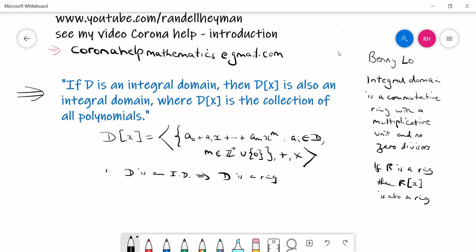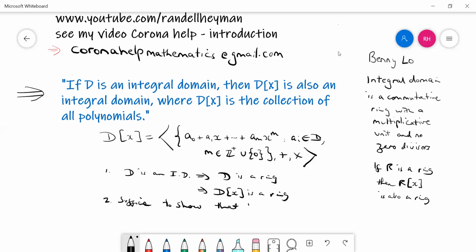And that implies that D[x] is a ring. So if D is a ring, all the polynomials with D as coefficients form a ring. We've already discussed that. And then it will suffice to show